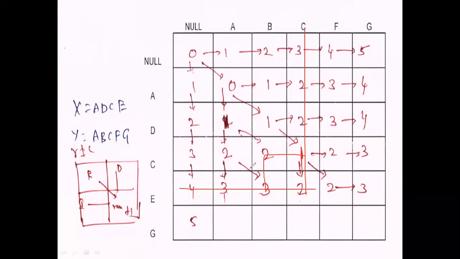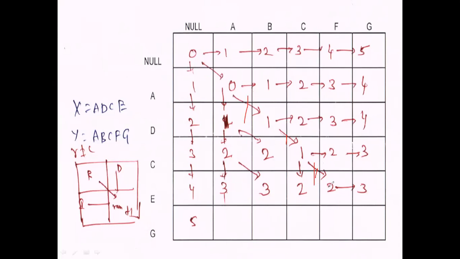That means the same: R is not equal to C, and you use the minimum again. One replacement operation. That means C is converted into ABCF. You are using two replacement operations, one replacement operation and another replacement operation, totally two. That means the diagonal arrows, that is 1, 2. You change values: 0 to 1 changes one value, 1 to 2 changes one value. The total number of operations is 2.